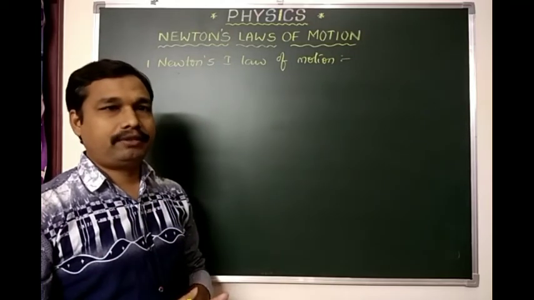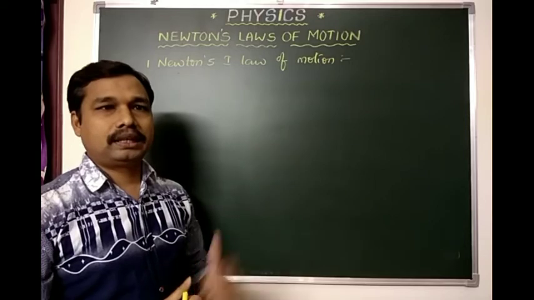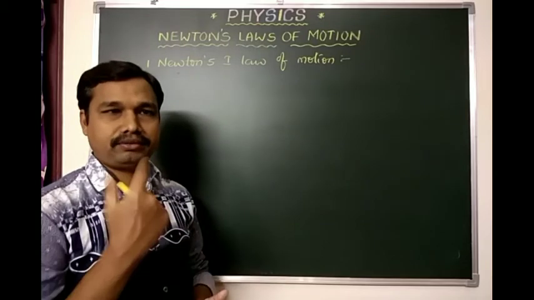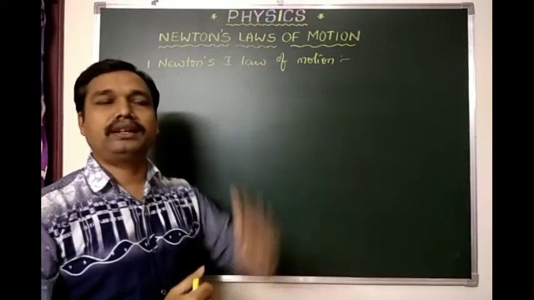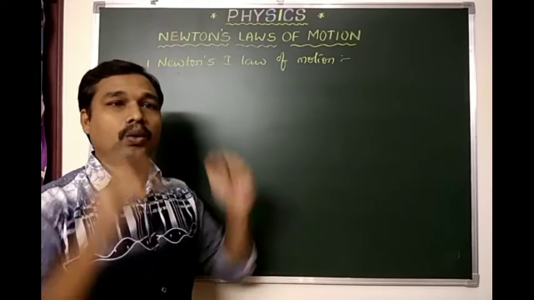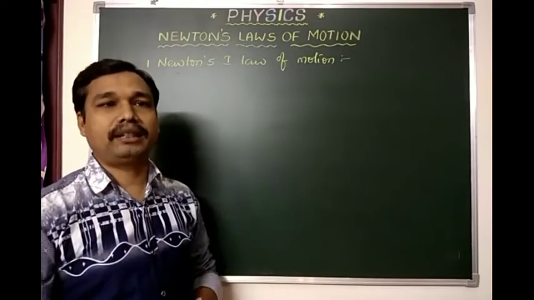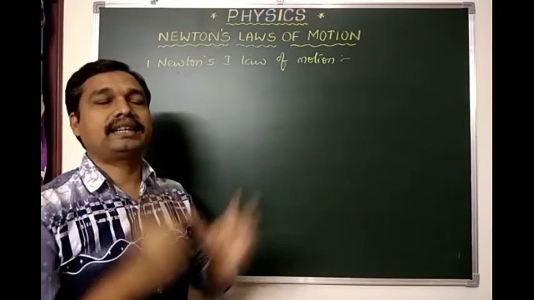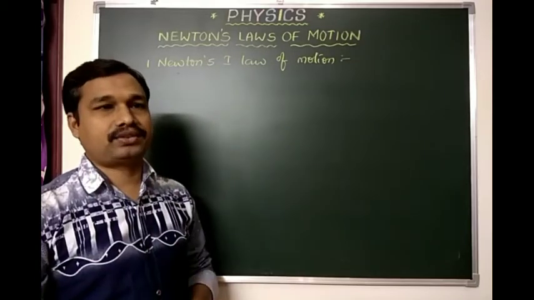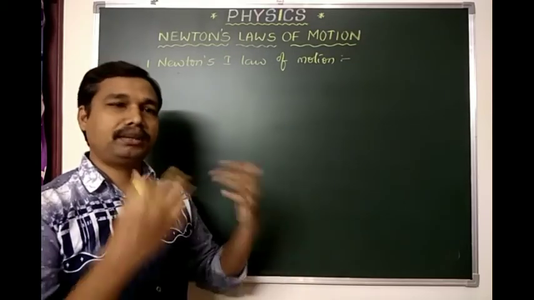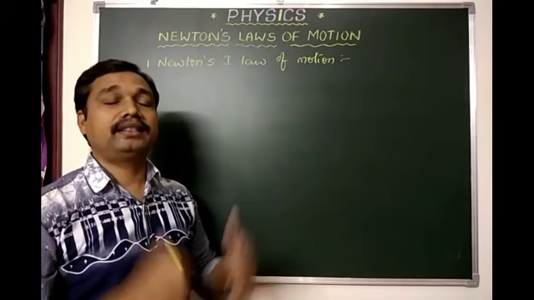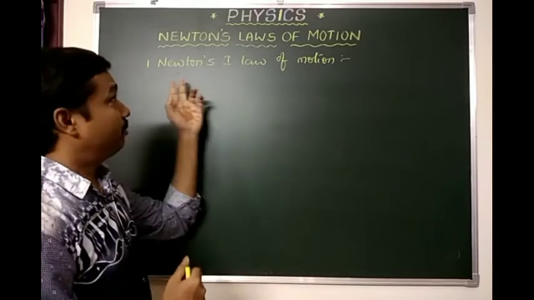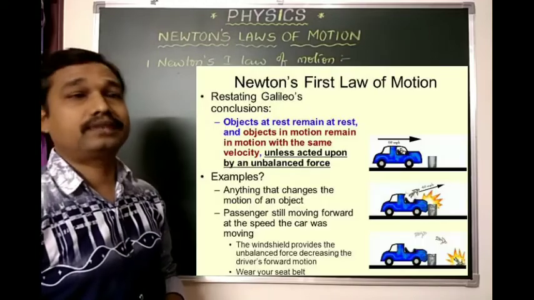If you observe carefully here, the objects which you find in rest position, some objects which are in uniform motion, some objects which are going in a straight direction, they remain so until an external agent acts. If there is no force acting, they remain at rest. If there is a force acting, then there will be a change. On the basis of this, we are getting the definition of Newton's first law of motion.